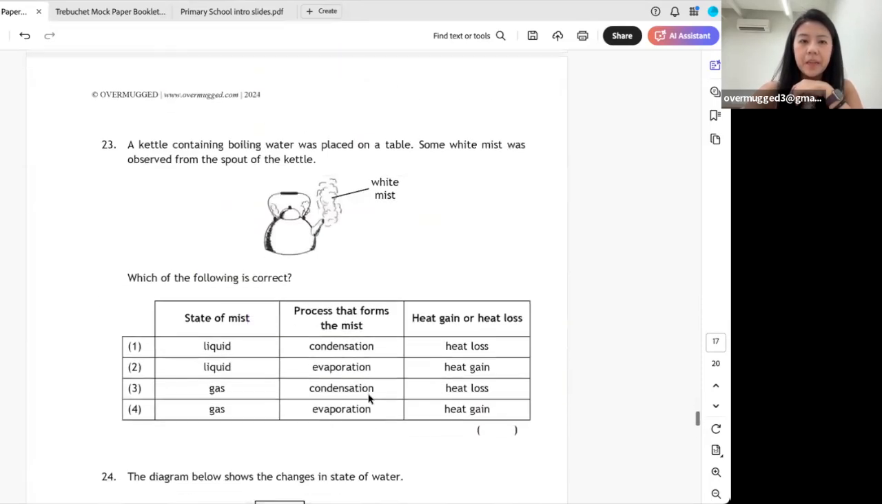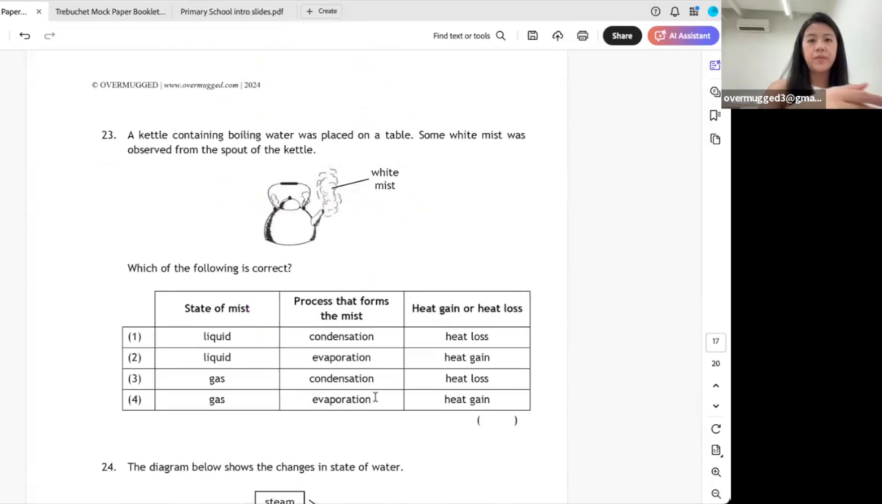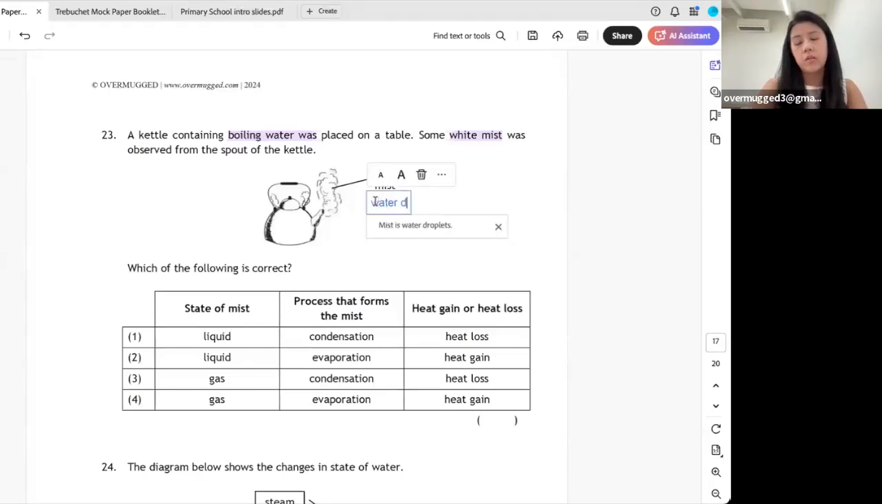Okay. Question 23. We've got a kettle containing boiling water that was placed on the table. White mist was observed. Now, please remember, the minute we see the white mist, it is not in gaseous state anymore. It is actually in your water droplets state or liquid state. So they are water droplets. Okay, mist is water droplets, right? So for us to be able to see that, state of mist is liquid state, which is either option 1